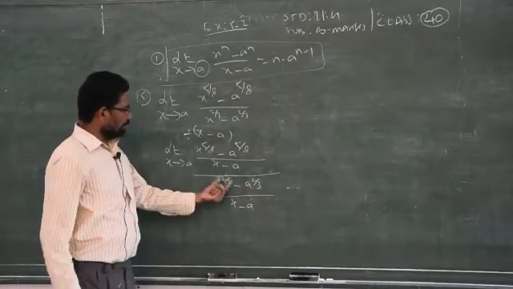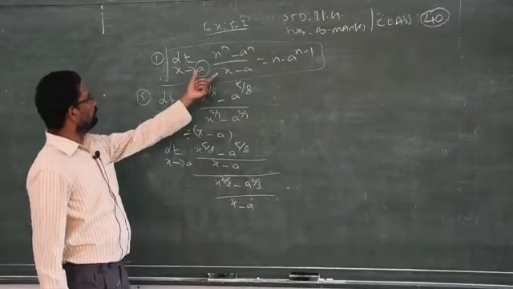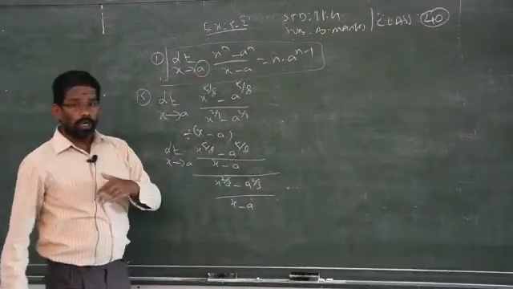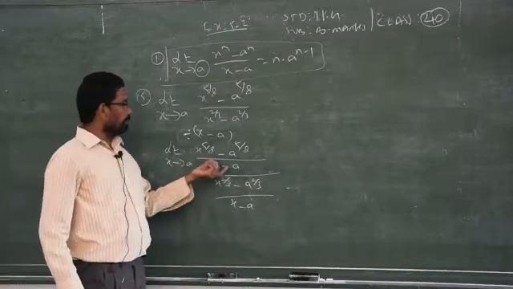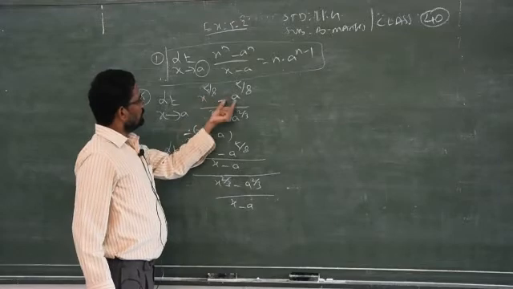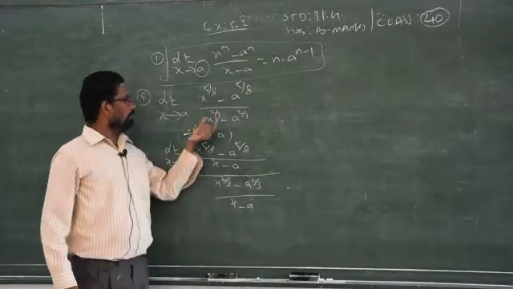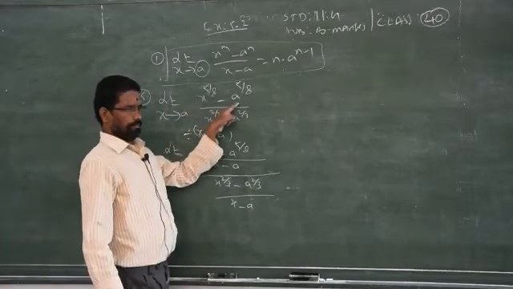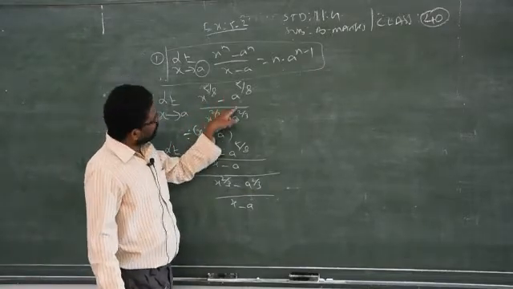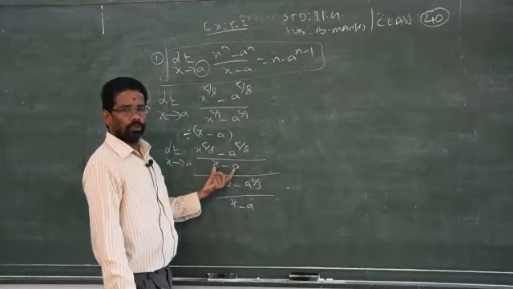Because denominator by denominator you can easily cancel. So based on the concept, I am dividing the numerator by x minus a. Why do I need to divide the numerator by x minus a? Because the base of both terms, numerator as well as denominator, is given as x and a. Therefore, I am dividing by using the base. If it is given x minus some other number or letter, you have to use only those two.